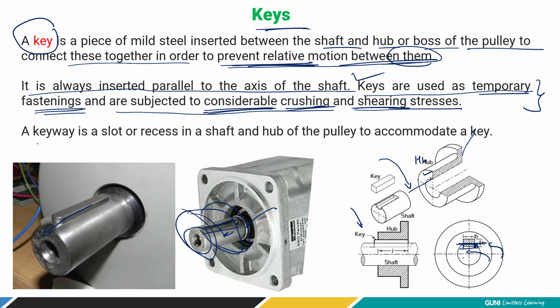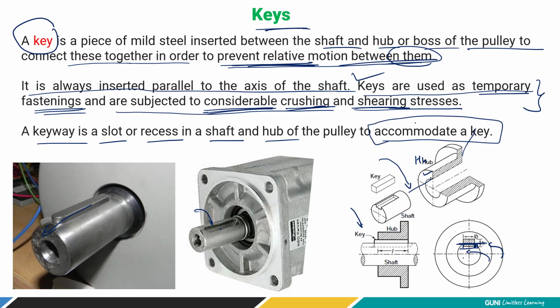Now a keyway is a slot or recess, as you can see here. Very simple. Look over here. It's a simple slot and recess in a shaft. शाफ्ट में हो सकता है, हब में भी हो सकता है. Of the pulley, to accommodate की को बैठाने के लिए, उसको जगह देने के लिए, ये छोटी सी जो रिसेस है उसको बोलेंगे की वे. You need to provide it, otherwise it cannot be assembled, because it is a physical material, it needs some volume space to sit down, right? So that slot is referred to as keyway.